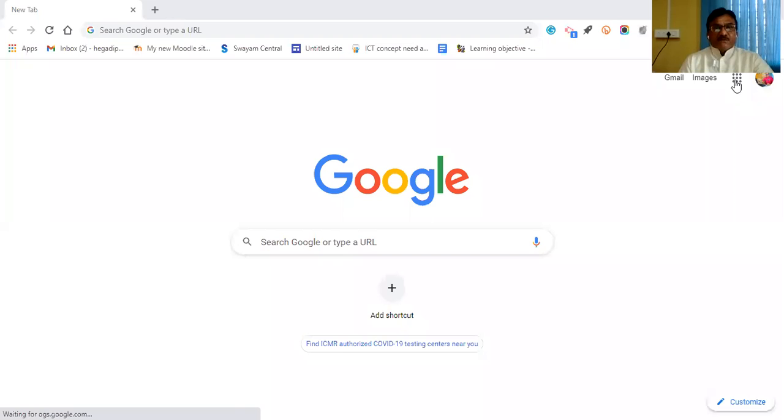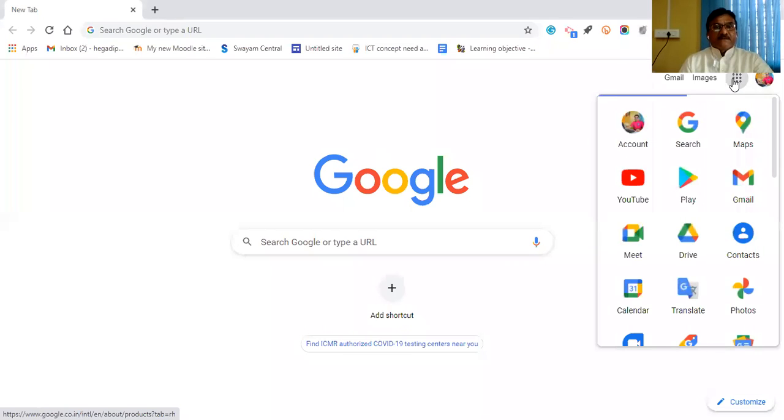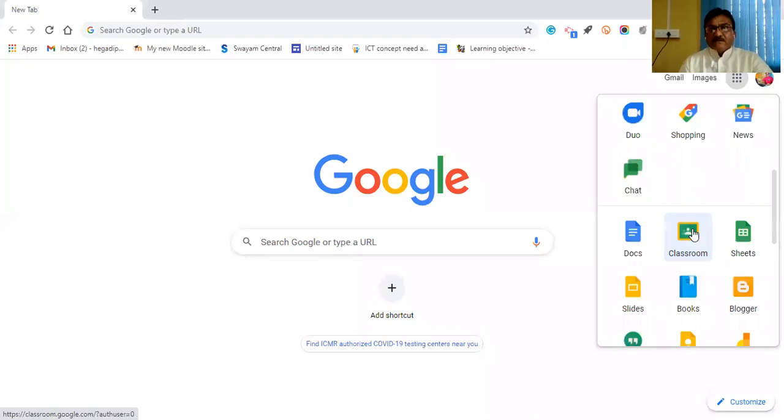Okay, I will take you to the sharing the screens to use one more application in a short span of time. Okay, so this is Google web browser, and I will go here. I will open now translate here.